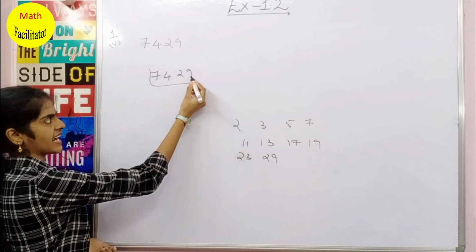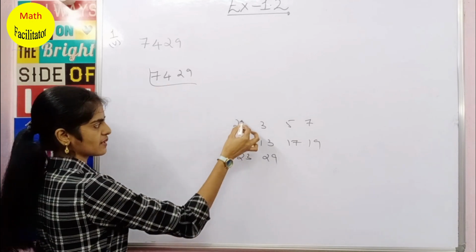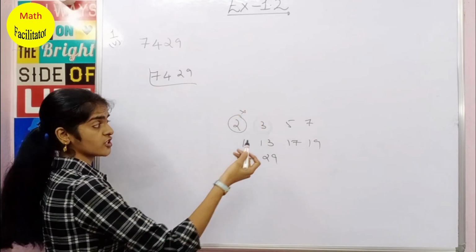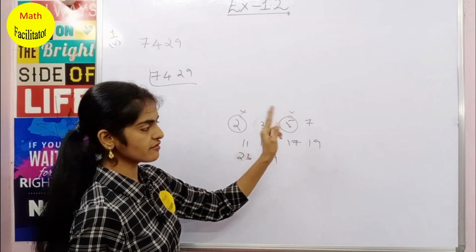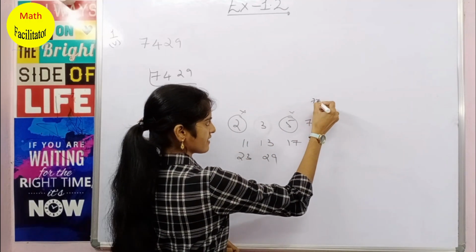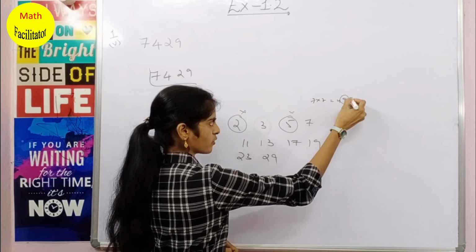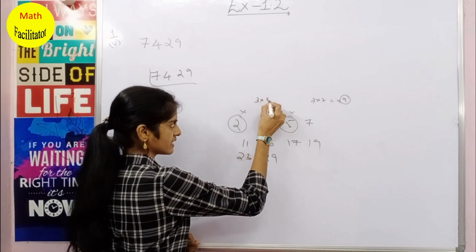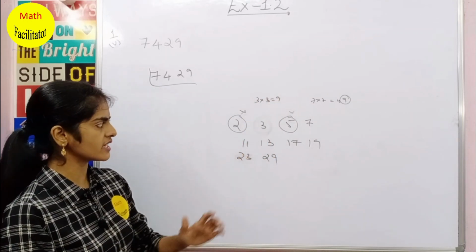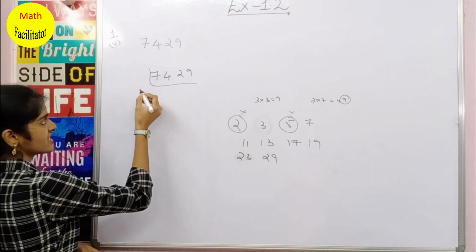So since you have 9 in the units digit, you cannot divide this number by 2. Okay, also you cannot divide it by 5. Okay, so by 3 and by 7 we have to check, because you know that 7 7s are 49, so you have a possibility of having 9 in the units digit, and you know 3 3s are 9. Okay, so there is a possibility, so let us check for these things. So now let us check for 3.